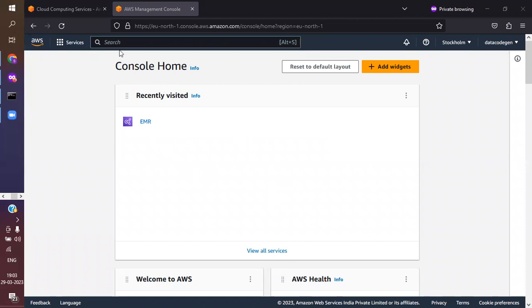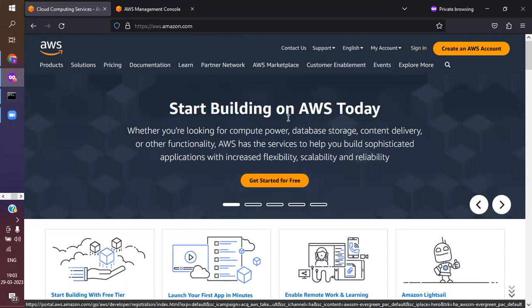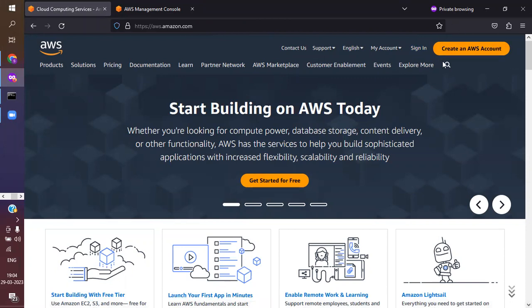Okay. Now we will quickly see how to create an EC2 instance. First, you need to log into your AWS account. If you have an AWS account, you can directly click the sign in button and log in. If you do not have an AWS account, you need to create one by clicking on create an AWS account. There is a 12-month free trial. There are some services that are available free for 12 months, so there are some limitations that you need to take care of. So when you create an AWS account,